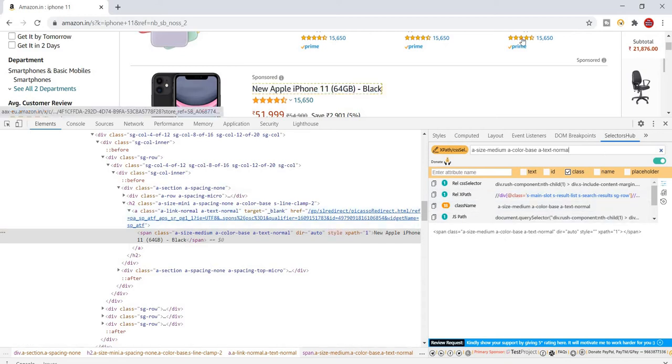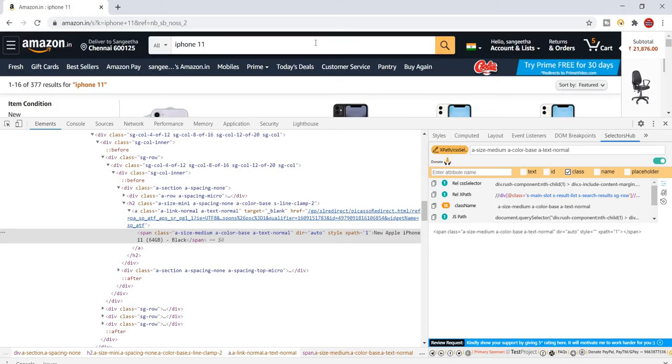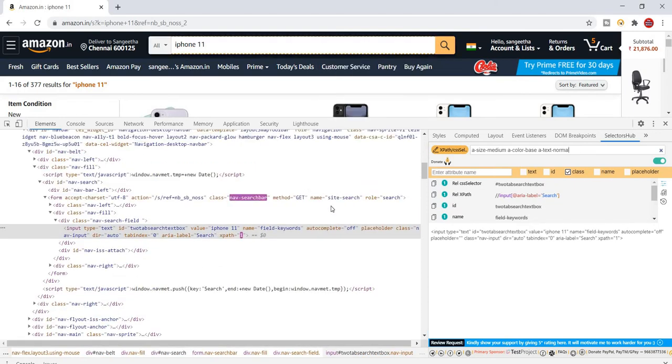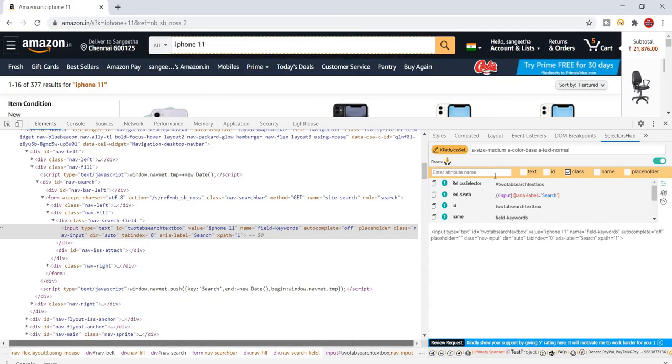Okay, in the same way, I'm going to inspect this search text box. You can notice here what locators are available for this text box: ID, name, placeholder, class.